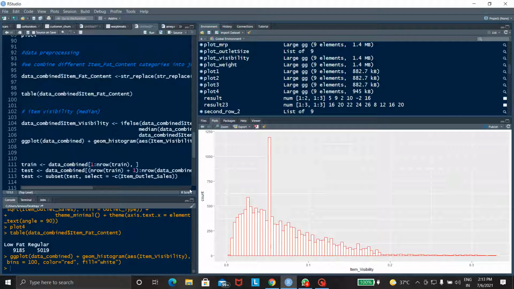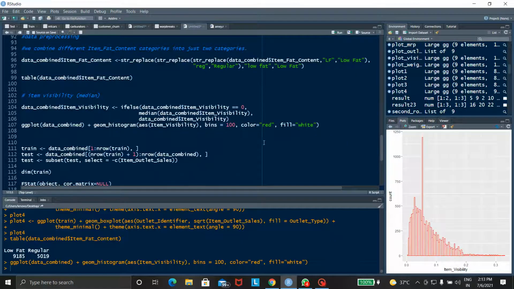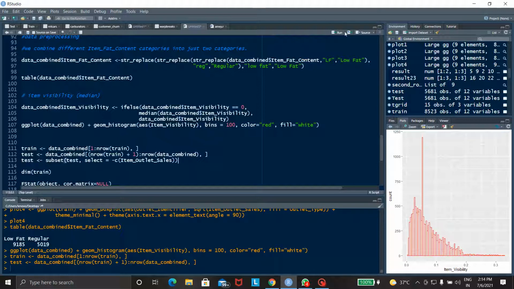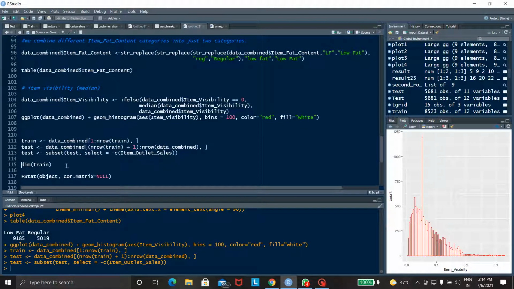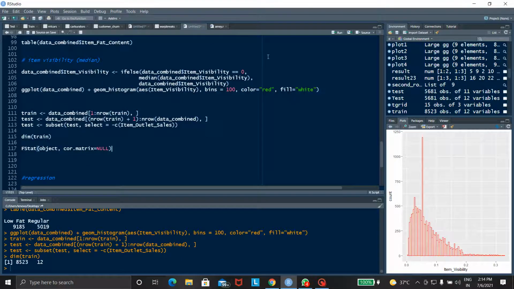Then the next is combining the two datasets, and here is the output of this program combining the two datasets.